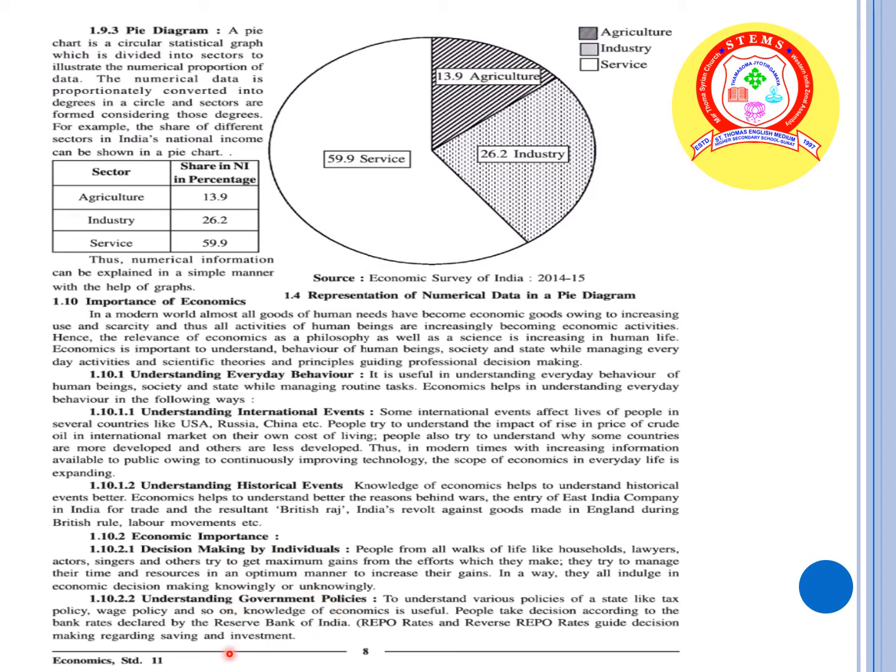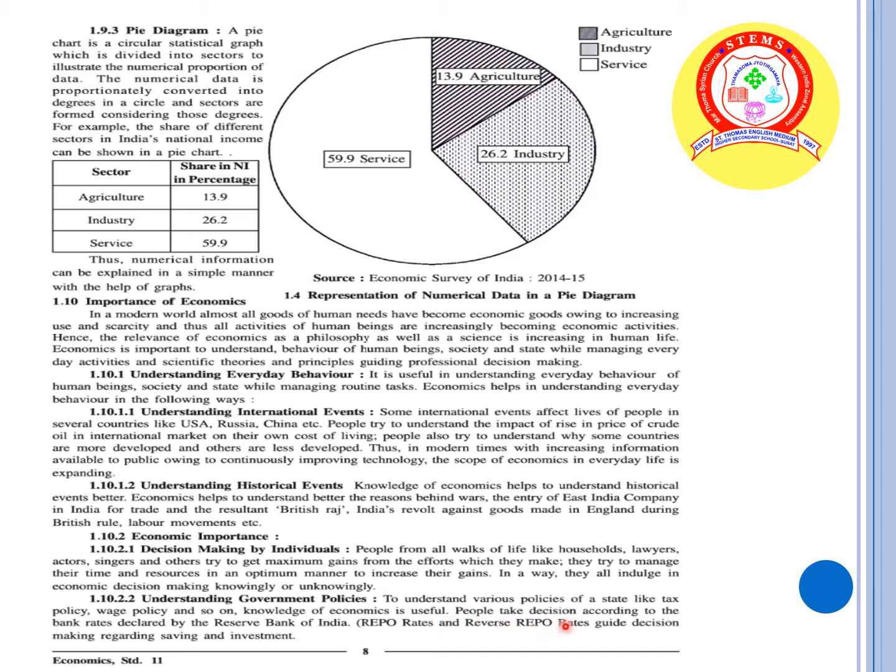That such policies are understandable by these people. So first of all, to understand the various policies of a particular state, for example, tax policy: how much tax you have to pay? The wage policy: how much wages, or you can say the pay scale, should be. Such policies are being understood by the people of the economy, and so the knowledge of economics is useful to each and every person.